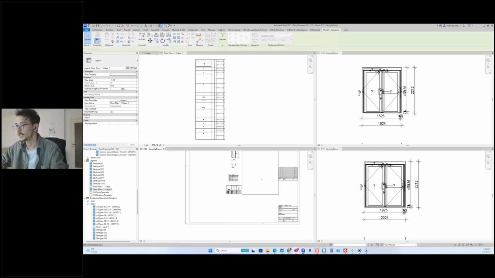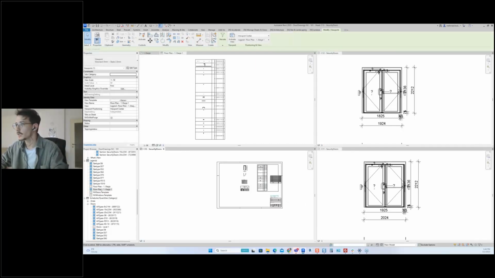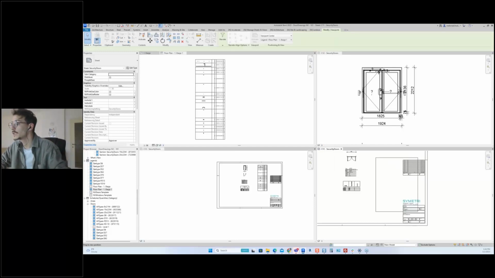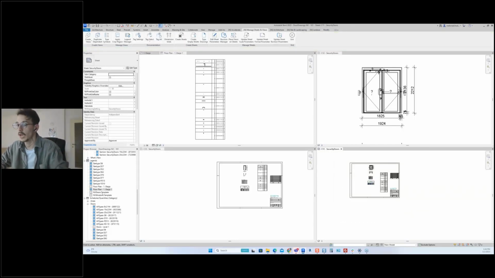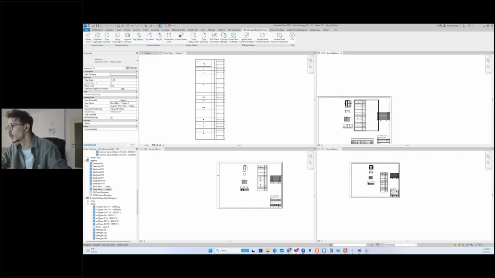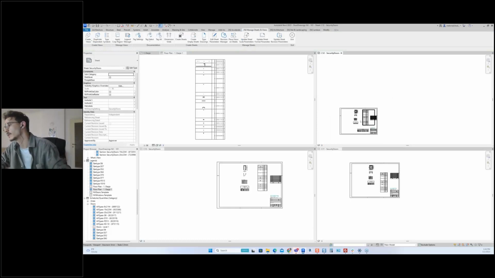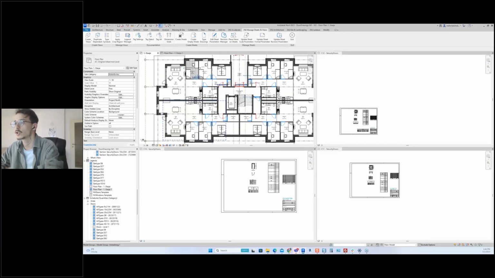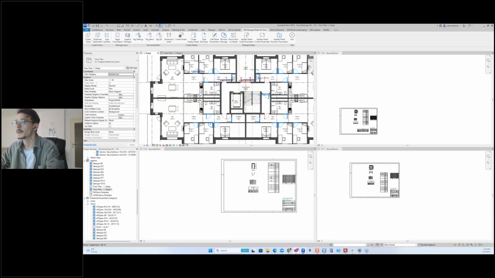I can place this. The reason why I'm showing you this is that we will keep all these manual changes that you have placed on your sheets with this feature, compared to the other one, which will always create new ones or even recreate the views. So if I go to level 1, and this is going to be my last thing to show,